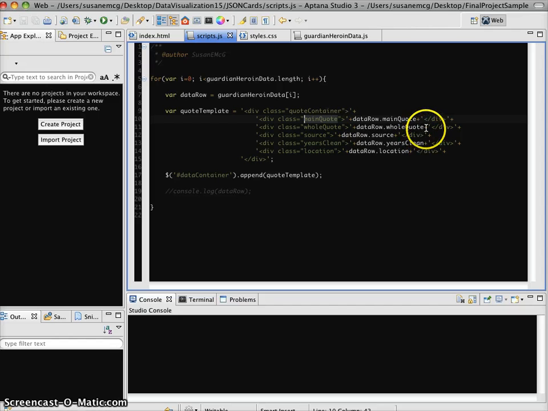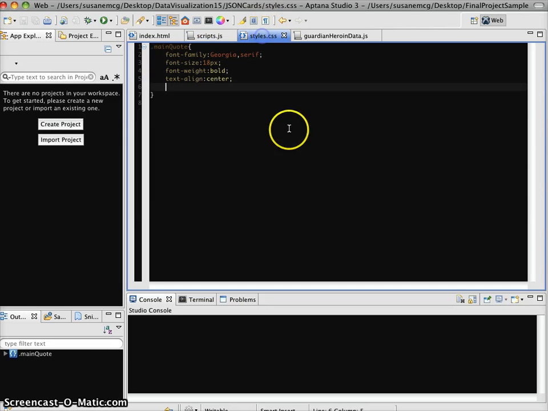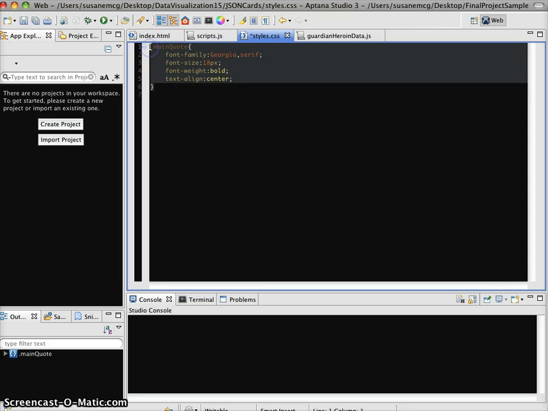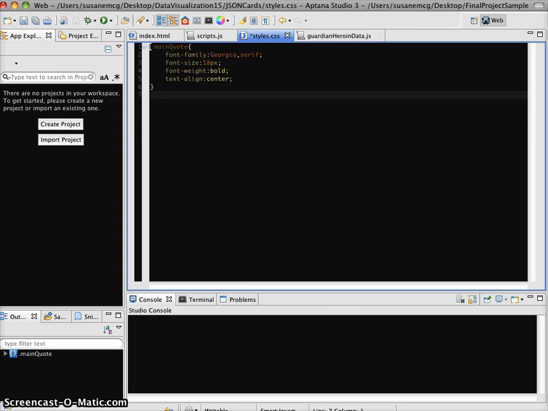For the whole quote, I'm going to do something similar, but mostly I'm going to make it a slightly different color. Very little of the text that you find on the web, especially body text, is likely to be actually black. And I'm just going to make this Arial for distinction, and not bold, and I'll leave it centered, but instead I will say color is going to be,